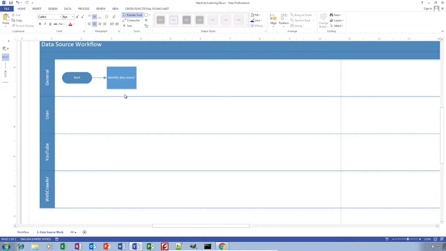So, of course, the first step will be to identify data sources. So in order to identify data sources, we need to identify what we want to capture. So what I'm going to do is I'm going to pause here,